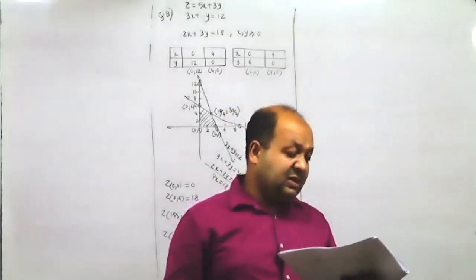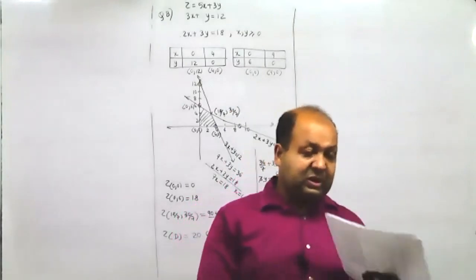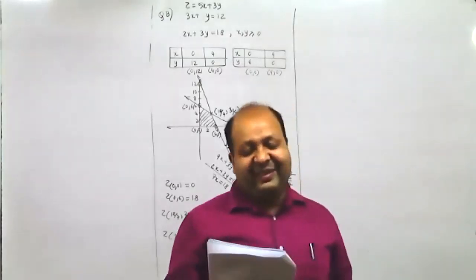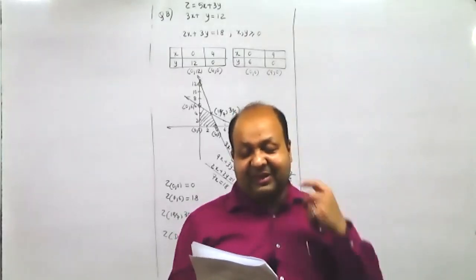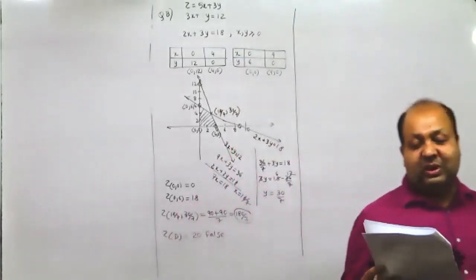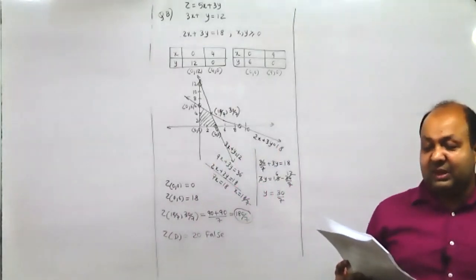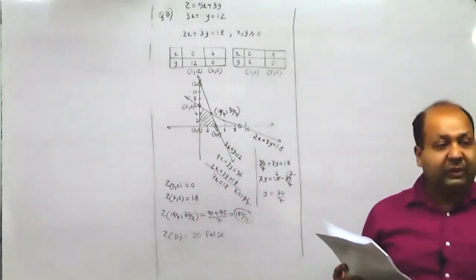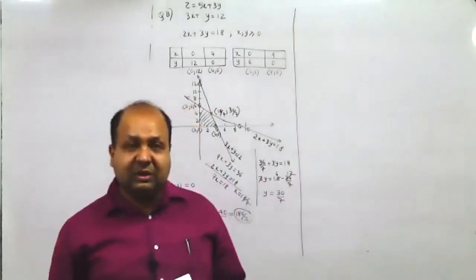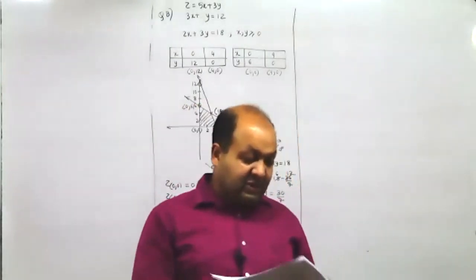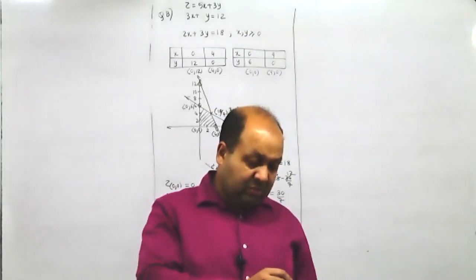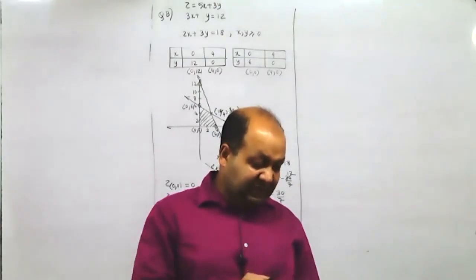Now, LPP is related to efficient use of limited resources. Yes. What are they given? True. False. LPP is related to efficient use of limited resources. Yes. When the resources are limited, we use LPP to efficiently use it. Why is it false? My God. This is a scam actually. LPP is related to efficient use. Yes, it is true. Are you sure you're reading the right question? Yes, sir.